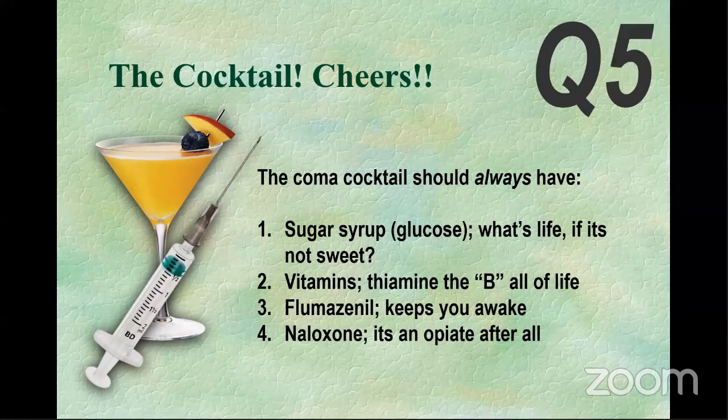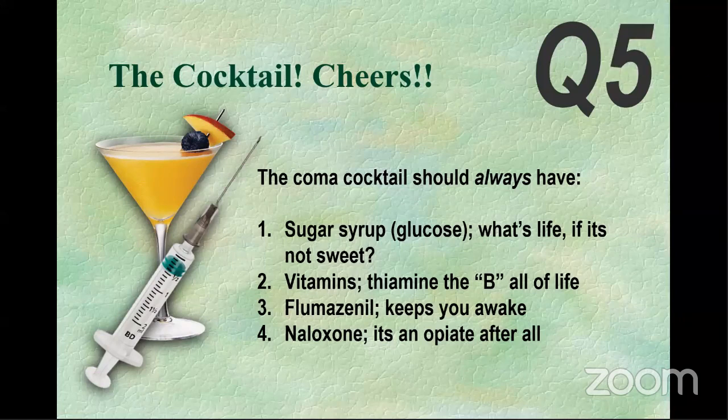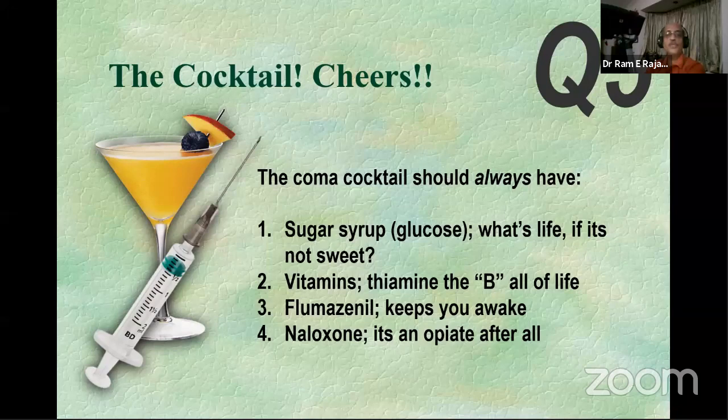Sir, I go for basic sugar syrup, sir. Okay, you want to give it as intravenous glucose. Is that what you want to do? You want to do that with a certainty. You don't believe that thiamine is necessary. You don't believe that flumazenil and naloxone should be considered. Sir, after that, I will go for flumazenil. You can also give me an answer and say, I don't want any of these to be used at all. Is that acceptable also? Or do you want to still give the dextrose, or you want to add the flumazenil? Which one do you want?